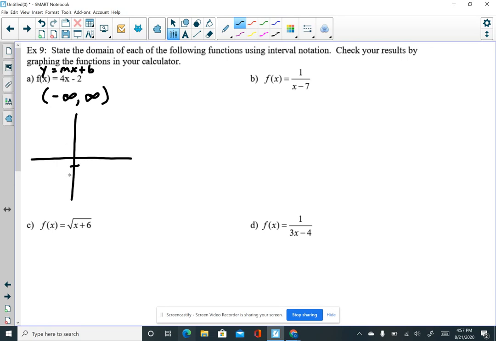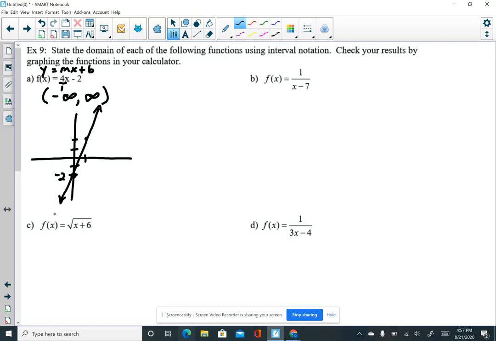Okay, it would start down here on the y-axis at -2. And then from that point, it's going to rise and run according to our slope. So it's going to go up 4 units, up 1, 2, 3, 4, and then 1 unit to the right. So up 4 and 1 unit to the right. And then it could go up 4 and 1 more to the right. I'm not really precise here, but you can see here, the ultimate goal here also is to show you that